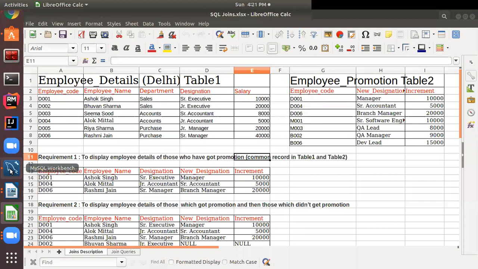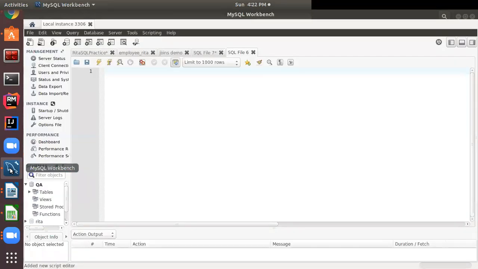Queries in other SQL software are similar, with a little difference. For example, if you are using SQL Server, there is a little change in keywords that you can Google, but mostly MySQL Workbench is used for SQL queries. So I am moving to this.